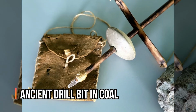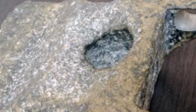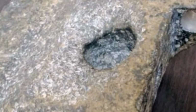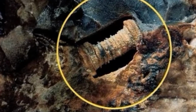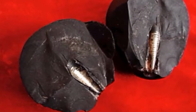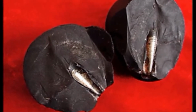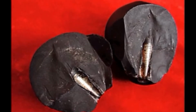Ancient drill bit in coal. In a coal mine near the town of Hochstadt in der Donau, a group of miners found an ancient drill bit. The drill bit is about 20 centimeters long and has a diameter of 7 millimeters. The drill bit was made from high-quality steel and had been created in an advanced technological society which used to